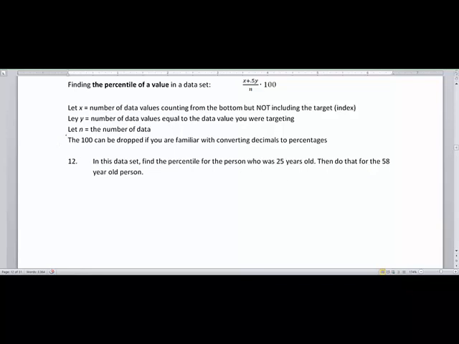Now, this equation is just a little bit different here. X is the number of data values counting from the bottom, not including that target. Then your Y is going to be the number of data values equal to the data value you were targeting. Then we have N being the number of data points. So what we're going to have is to find